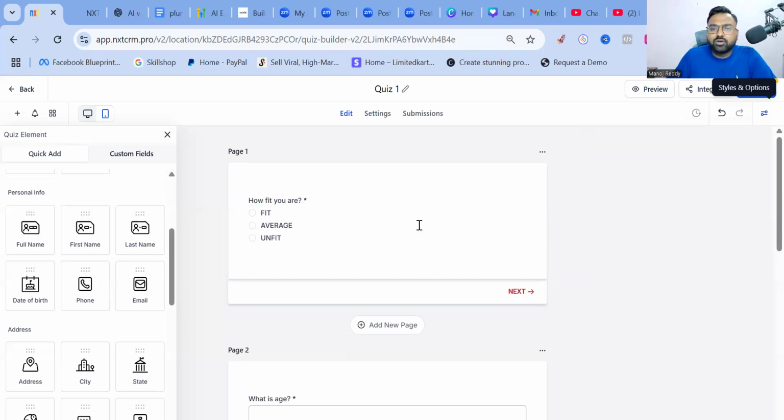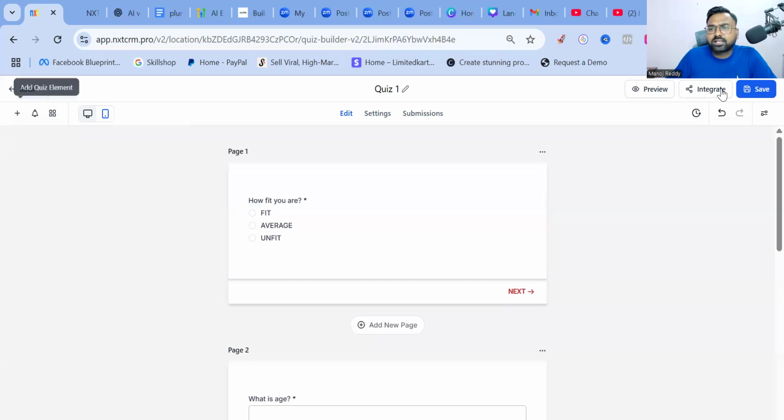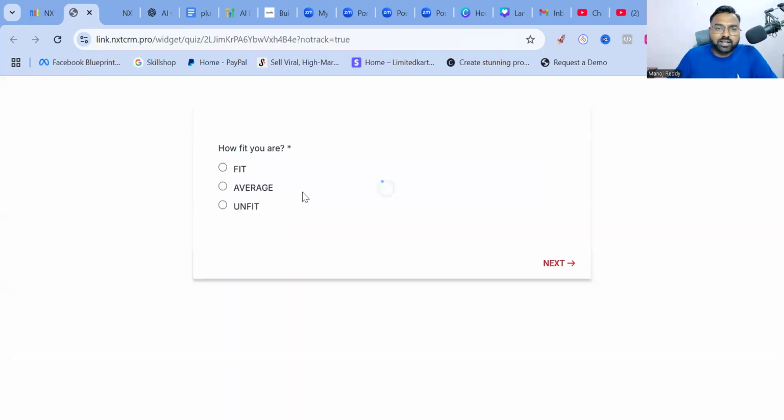Okay, so this is how you can create a quiz, and you can save it. You can answer it in the preview. I will show you in the preview by answering some things, and you can add some custom questions also by clicking on the left side. You can do this kind of customization by creating quizzes, save it, preview it, and answer it also. And see how beautifully the quiz is customized. This is what we created from scratch, right? So how fit you are, like if I answer as a fit,